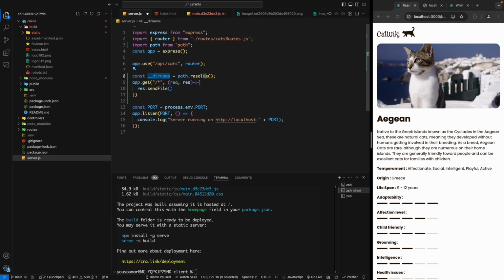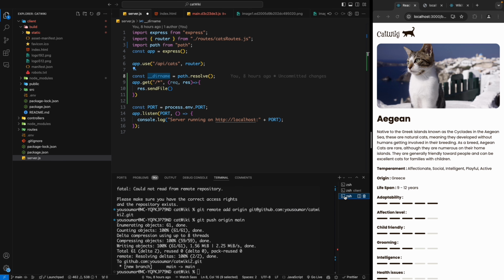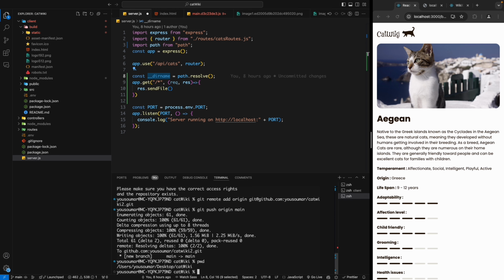This is going to give us the path of our current file here, which is our server. So for example, it's like we have added a pwd, so we're going to get something like this, and we're going to grab this dirname, which is this thing, and say